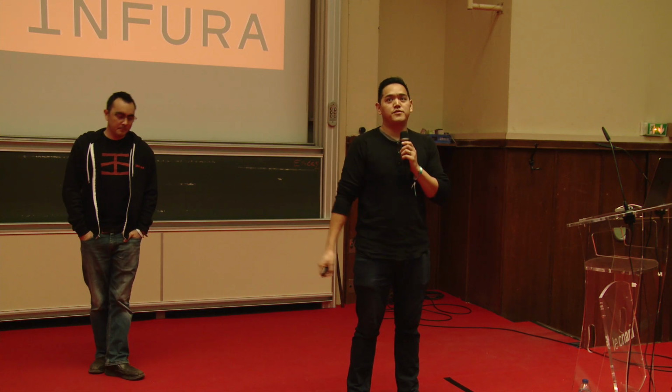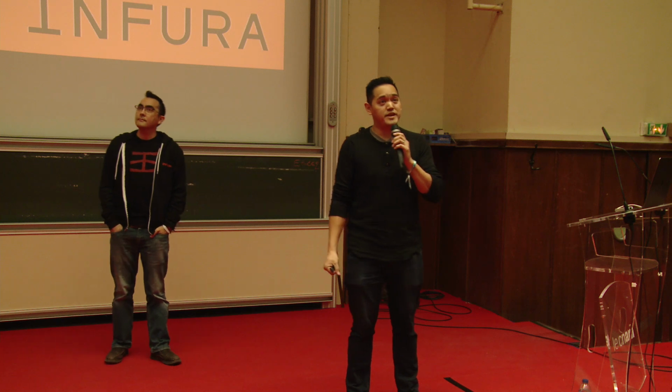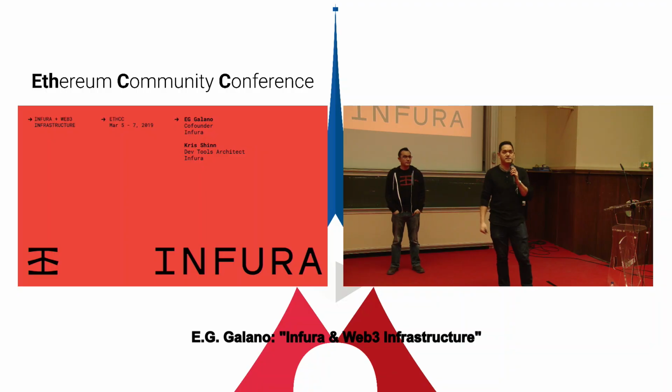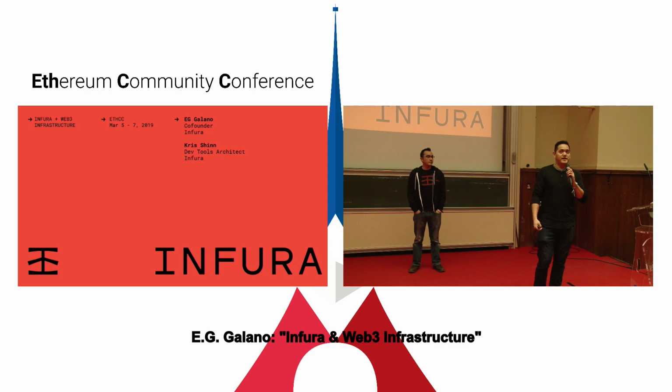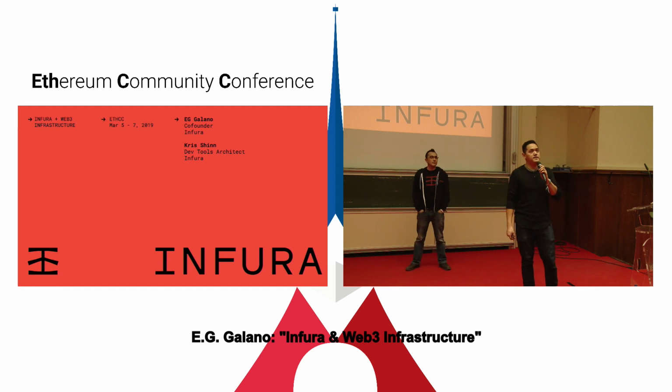I'm going to start with an overview of Web3 infrastructure and exactly what that means through the eyes of Infura, running nodes as a service, Ethereum APIs, and other incentivized protocols that we've dealt with. And then Chris is going to finish up the talk today talking about an initiative that we started recently, which is a GraphQL API for Ethereum called EthQL.